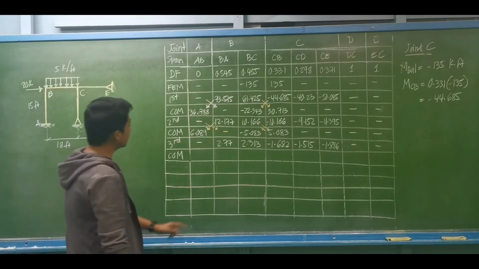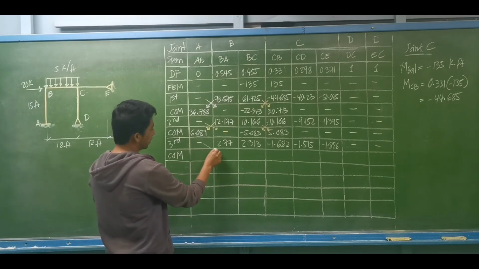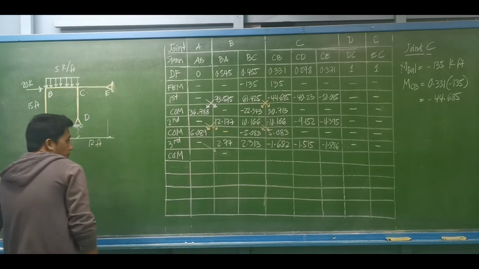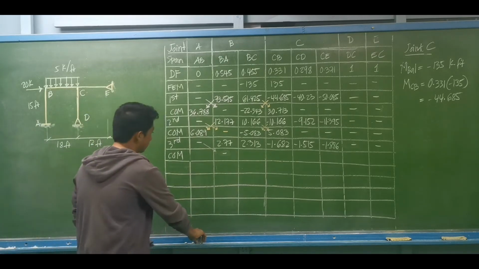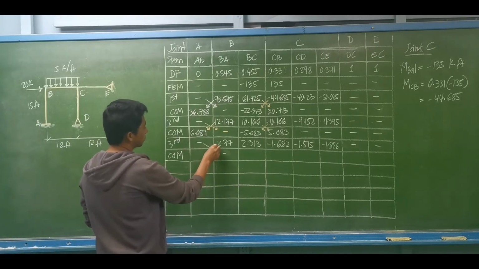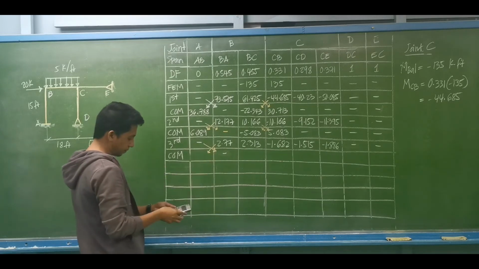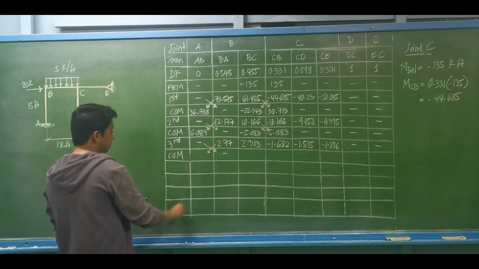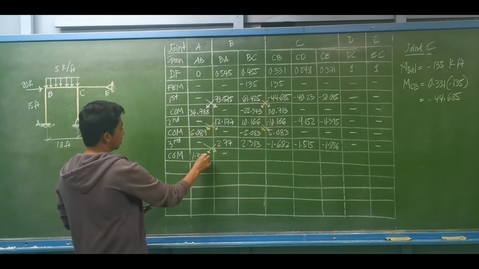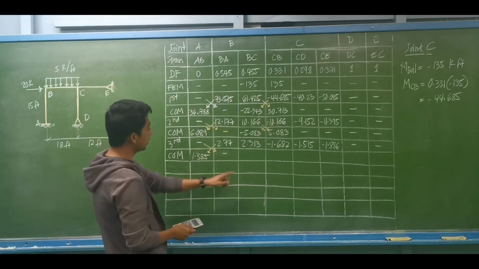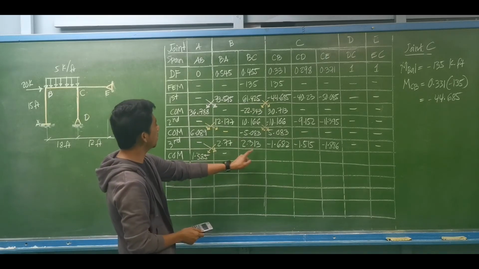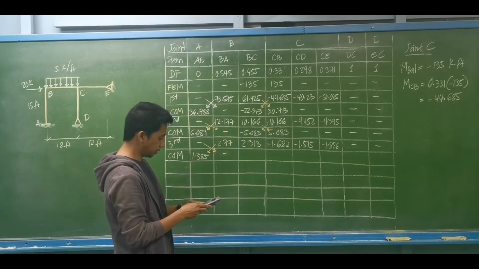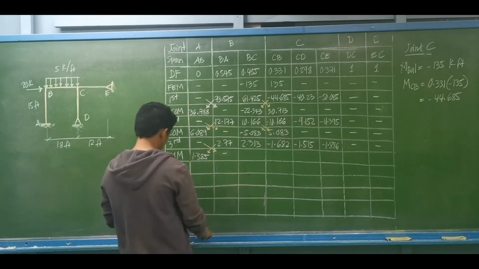Okay, for the carryover moment, again, the other end of this value is a 0. We have half of 2.77, which is equal to 1.385. Then we have the half of BC, 2.313, that is equal to